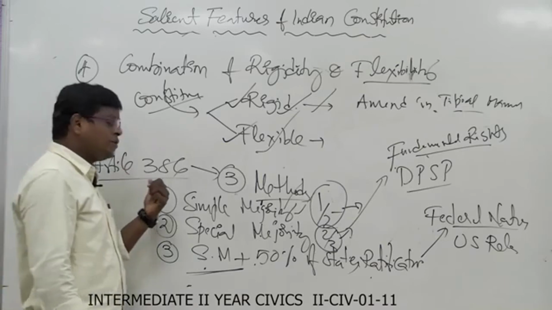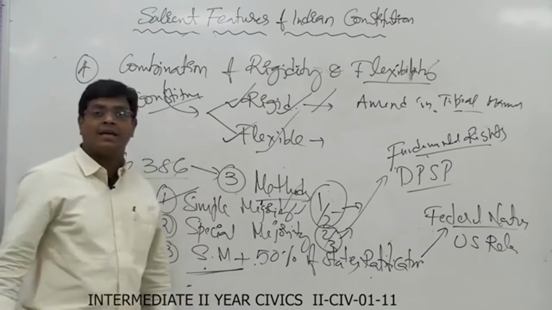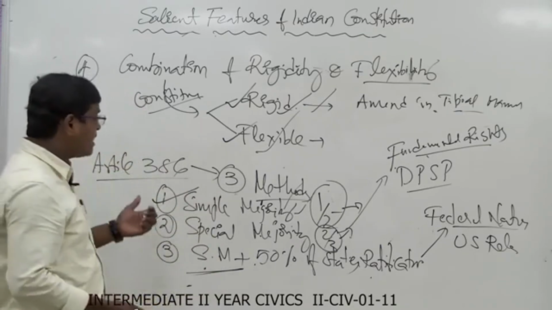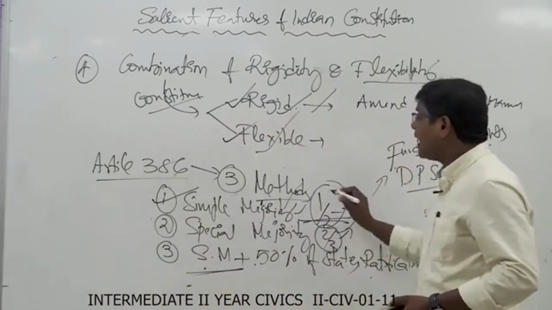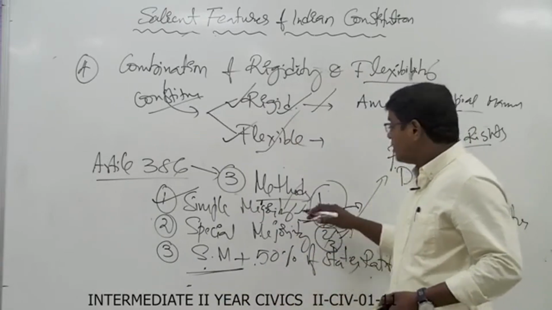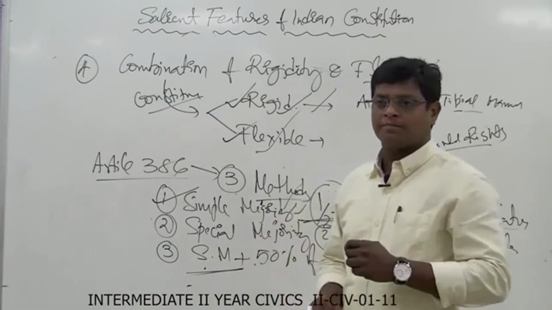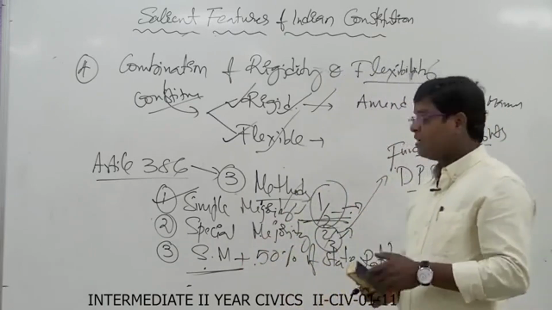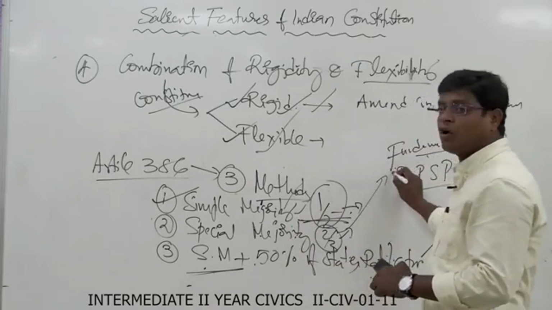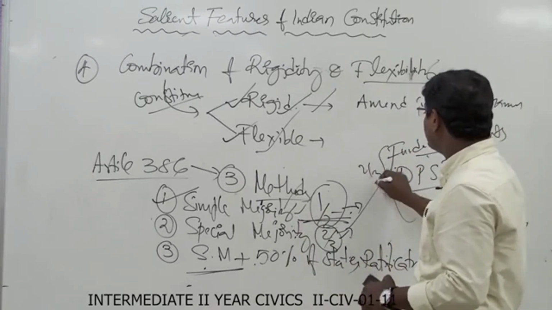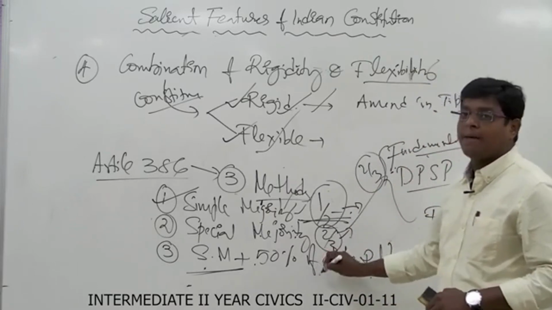So this is the amendment procedure mentioned in our Constitution of India. Our Constitution, Article 368, did not consider simple majority as an amendment procedure, because by simple majority the provisions could be changed like ordinary law. These are not ordinary laws, these are special laws. For changing these provisions, it requires a two-third majority.